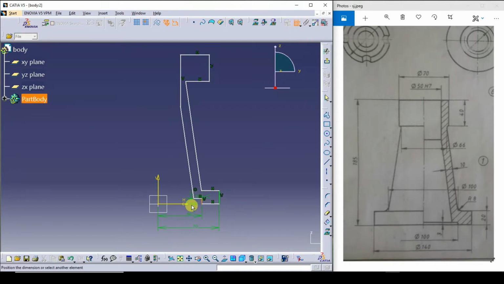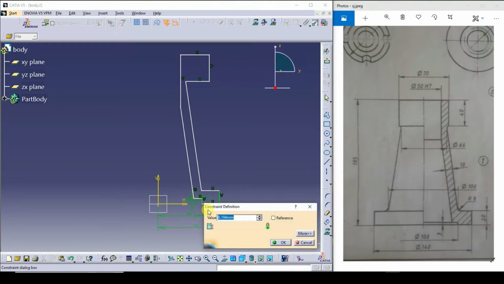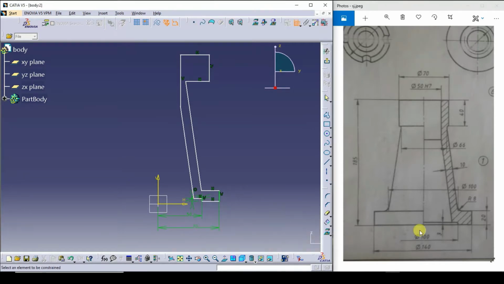Next, this is 3 mm. See the sketch properly. This is 3 mm here. This is 3 mm. Next one is from here to here it is 50.